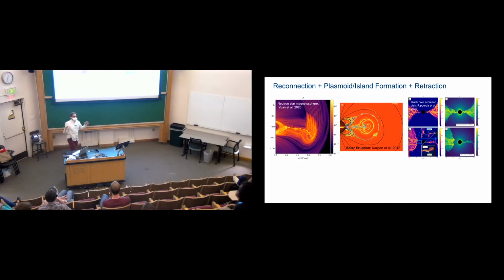And we see these magnetic islands or plasmoids in a variety of astrophysical MHD simulations, from neutron star magnetospheres. Here are these little circular features, the magnetic islands that form in the reconnection. Around black holes is a black hole accretion disk. They zoom in and they actually call it a plasmoid. And of course, we've been studying these phenomena in the sun for many years. Simulation of an eruption. So this is the eruption going out. We have reconnection happening in here, and many different plasmoids occurring